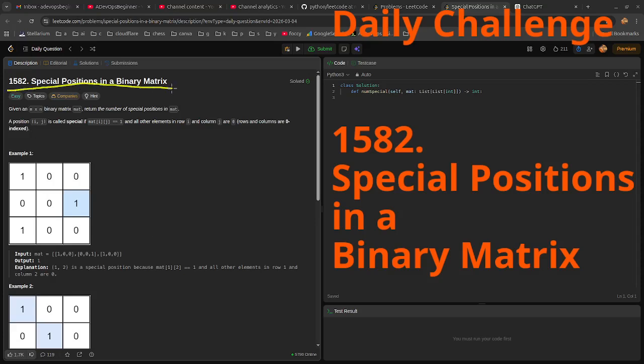Leetcode Daily Challenge. Question 1582. Special positions in a binary matrix. This is an easy problem. This problem is asking us to find out all the special